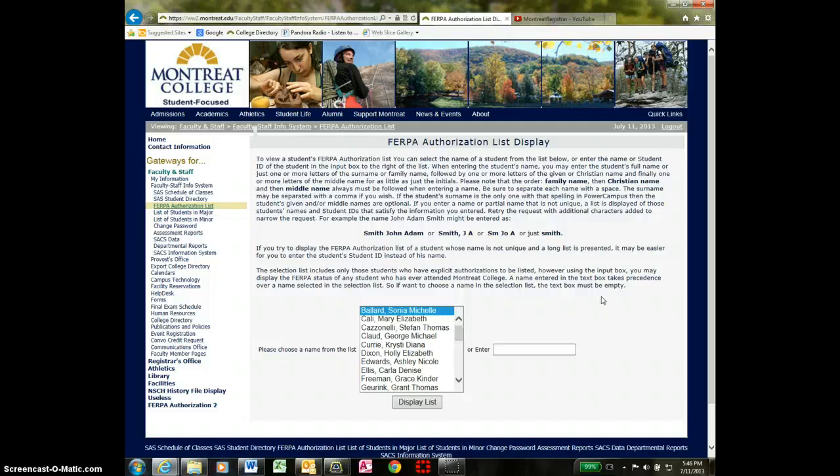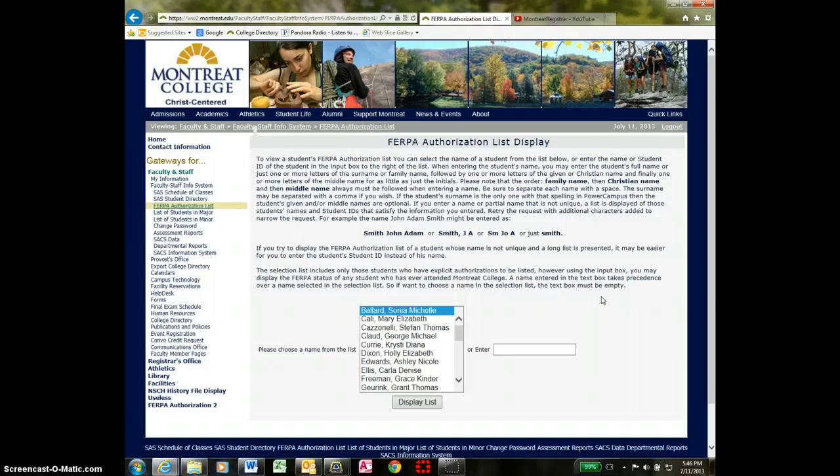We are given permission to do so. We do not have to share this information with anyone. So if ever you receive a call from someone and it seems like they don't really have a good reason to know anything about a particular student, you certainly would not have to share that information with them. However, if an employer is calling to verify that a student is enrolled, for instance, we would share that information